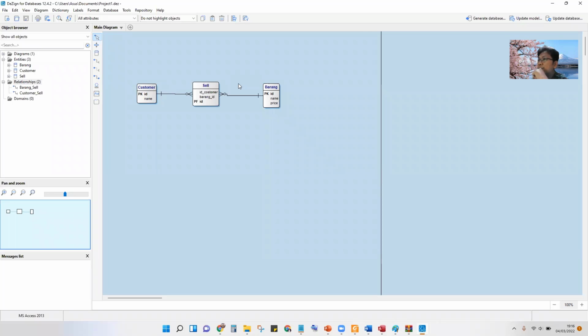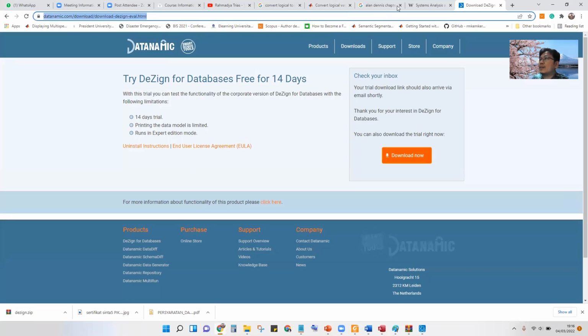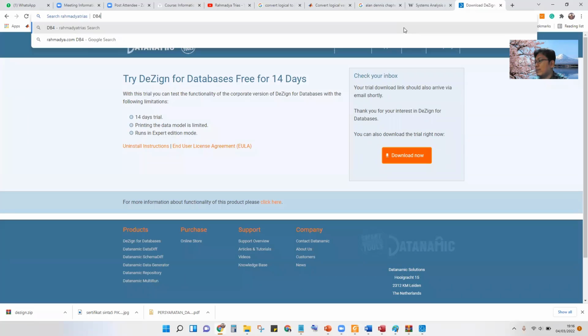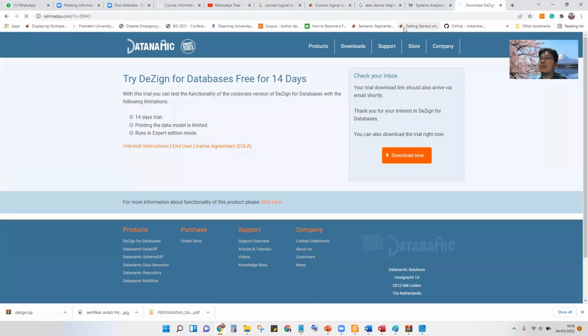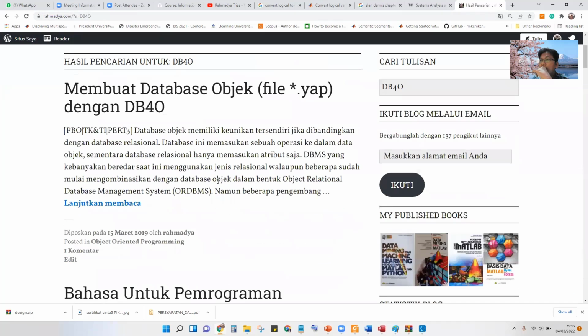For example, MongoDB, and you can search for another NoSQL database or object-oriented database. I have a database for all. This is a database for objects using Java.